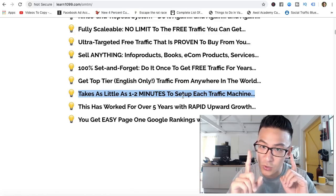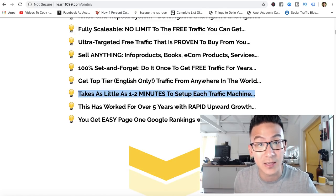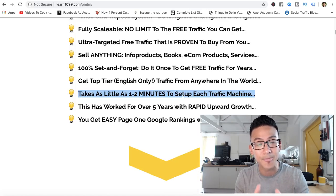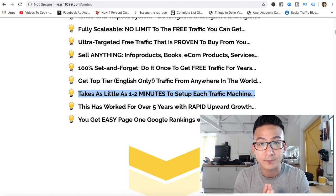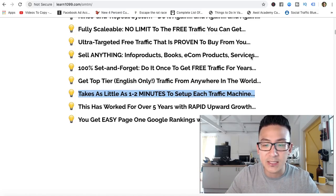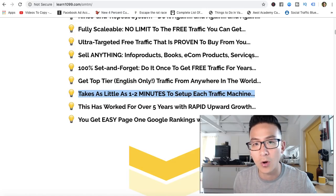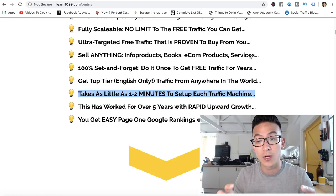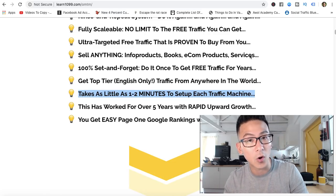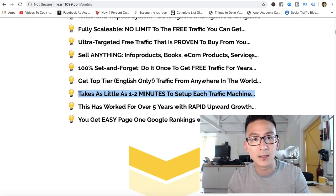Now, just because you write the article doesn't mean that you're going to rank it, and they actually talk about that inside of the training as well. So understand that every article that you write, you're not guaranteed to rank that article. Okay? In fact, the weird thing about Medium.com is that if you do Google searches on Google, you won't find that many Medium.com articles in the first place. Okay? So just because you're on Medium.com doesn't mean that you're going to rank any better than creating your own